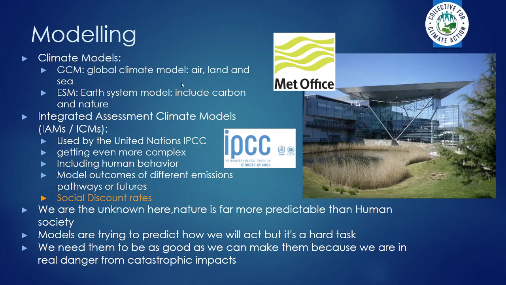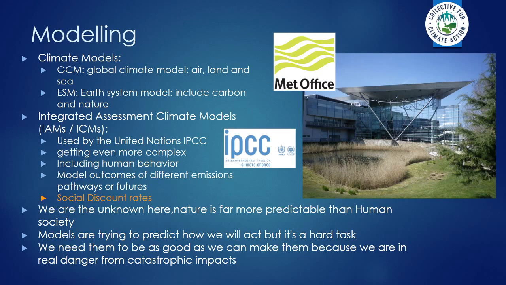Now, all of these models take a really long time to run, many months on supercomputers like the ones they've got in the Met Office in Exeter. But they're really, really complex. The integrated assessment models also include the whole Earth system, but they try to include what humans are likely to do, what we will do. So they're the ones that create those emissions scenarios for how much carbon dioxide we can produce and how much of an effect it will have, to give us 1.5 degrees or 2 degrees. But one of the other things they have in them that's really important and completely different to the other ones is that they've got economic models pasted into them as well.